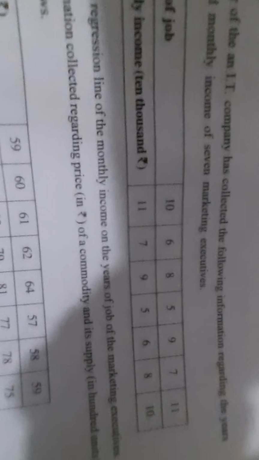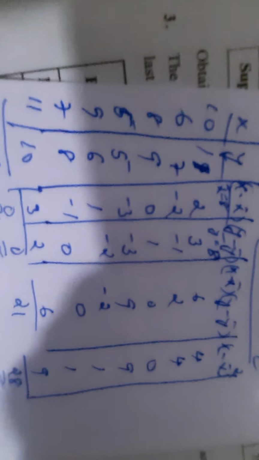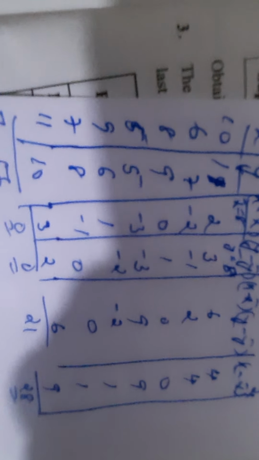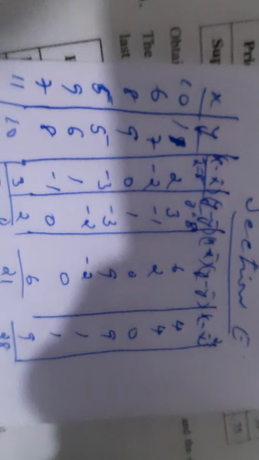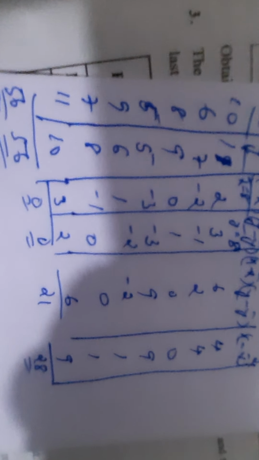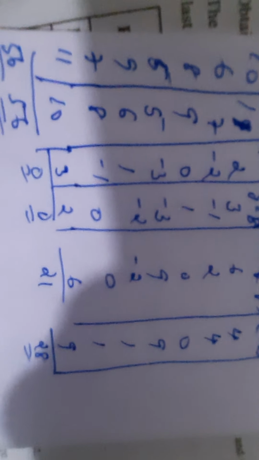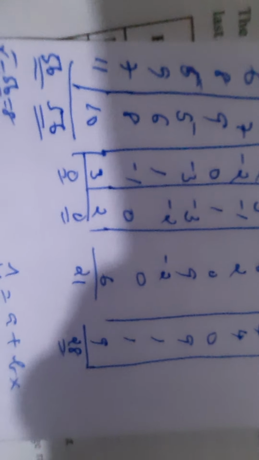So what we do is we make a column for x and y. Then x minus x bar, y minus y bar, (x minus x bar) into (y minus y bar), and (x minus x bar) the whole square, thinking that x bar is an integer, y bar also. So please write x and y and get the total 56 in both the cases. So we get x bar as 8, y bar also as 8. Then it is easy. X minus x bar, you work out, total is 0. Y minus y bar also is done. Then (x minus x bar) and (y minus y bar), that is multiplication of these two. Then (x minus x bar) the whole square. Okay, we get all the values here.